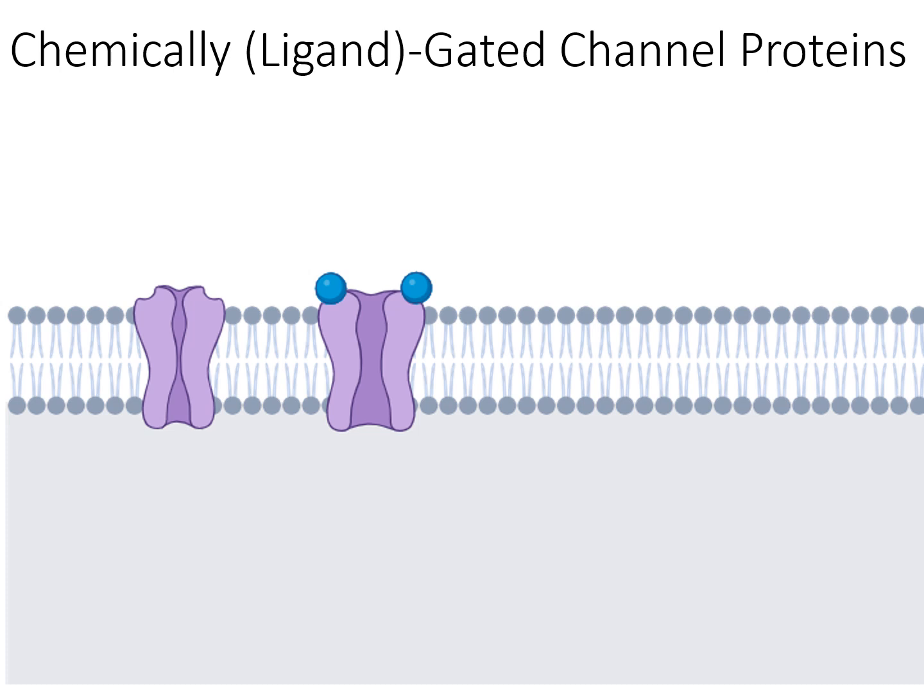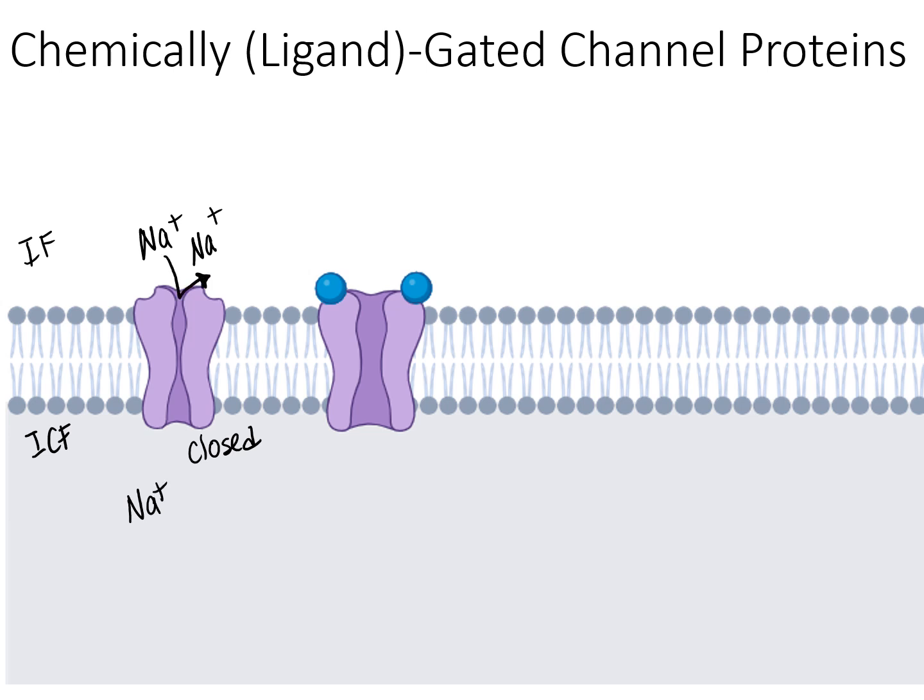There are channels that will only open when a certain molecule connects with it. I have a picture of a cell membrane here. We'll just label the outside and the inside of the cell. On the left is a channel that is closed. So despite there being an appropriate gradient, a chosen molecule would not be able to move through this closed protein